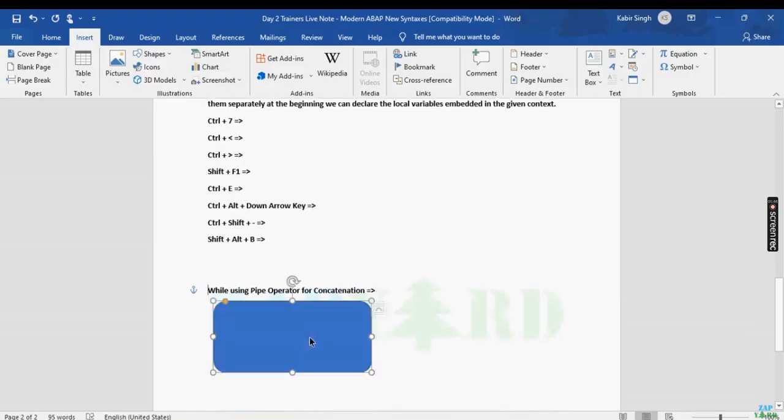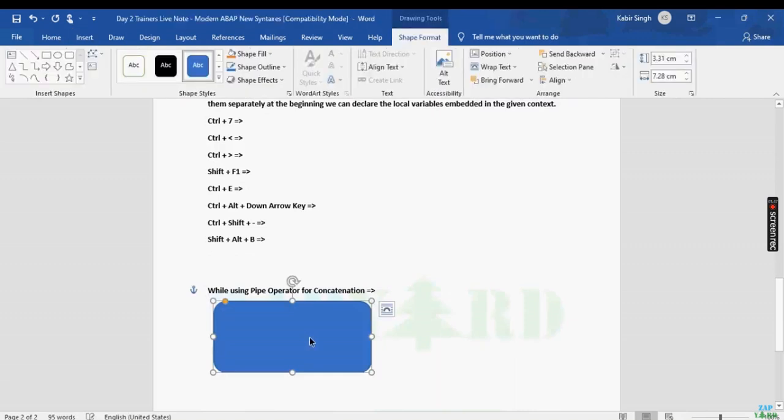In one block, remember to use only double ampersand if you intend to put everything inside a single pipe operator. Okay,